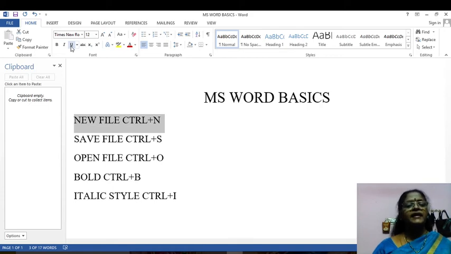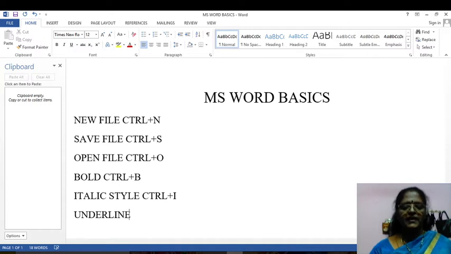And the next shortcut key: if I press Control plus U, that underline will come. Now I don't want this underline, I want to remove it. I just click Control plus U, and that underline will hide. So that is another method. Underline. So I want to do that underline. What is the shortcut key? Control plus U. This is the shortcut method. Okay guys, do you understand? I hope. And next I move to this strikethrough.